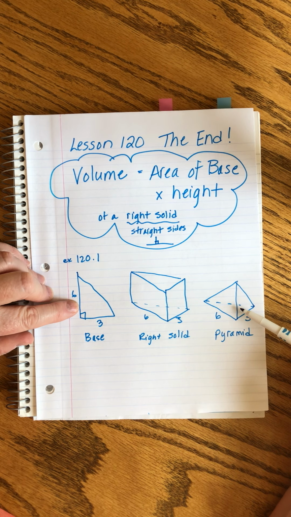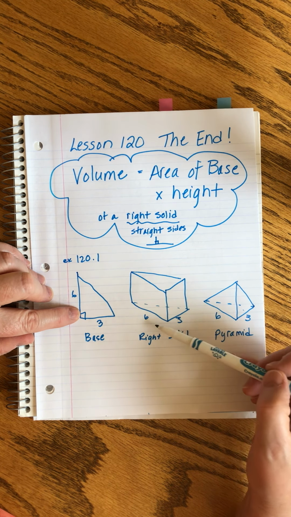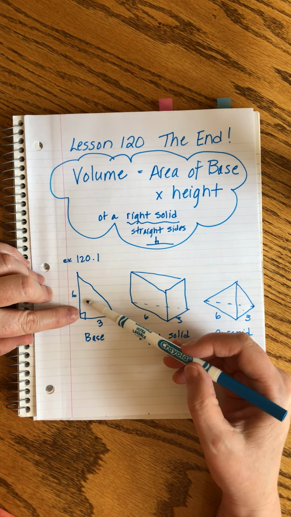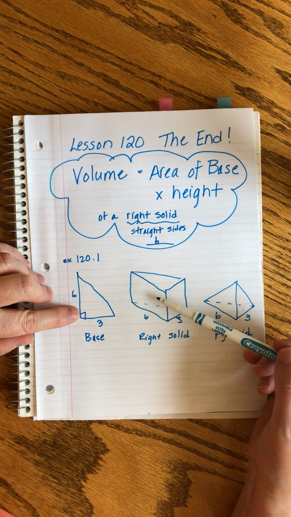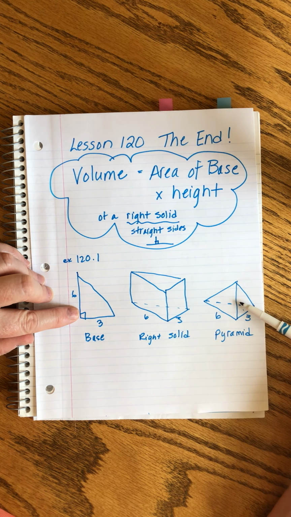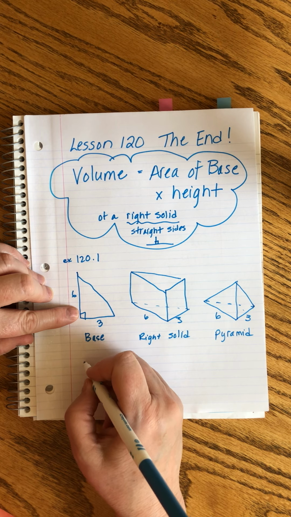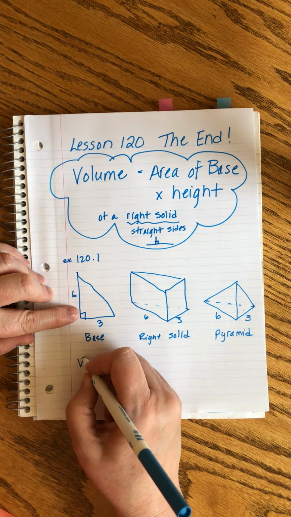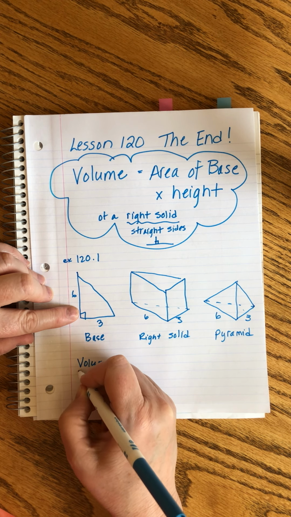Does that make sense? So we find the volume of the right solid by taking the area of the base times the height, and then we use that fraction of 1/3, which is all that's left when we carve away the rest of the cheese to get this pyramid. Okay, I'm gonna write the whole thing out. So it's gonna be the volume of the pyramid